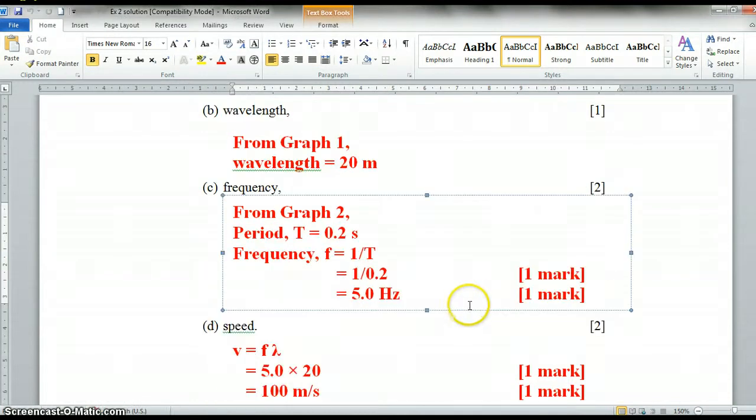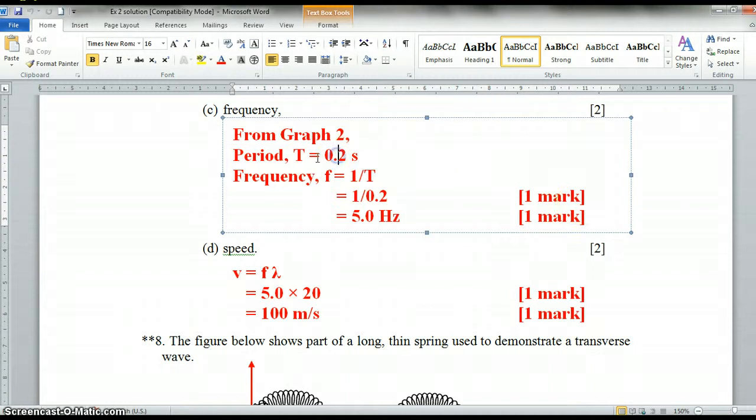Frequency can only be obtained using period. And period can be obtained from graph 2. I will not refer you back and forth, I think it's a bit dizzy. If you observe properly from graph 2, the period is 0.2 seconds. For frequency, use the formula F equals 1 over T. Show all the steps, the formula, the substitution of this value, 0.2, and then the final answer to be awarded the